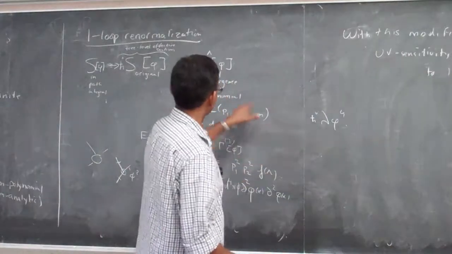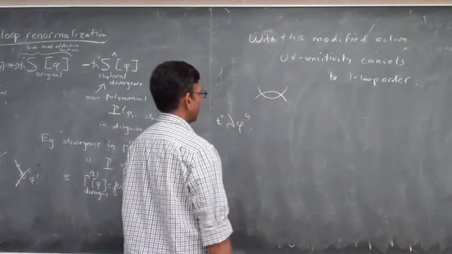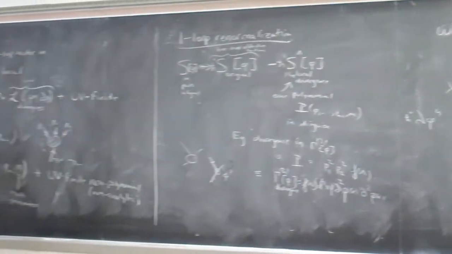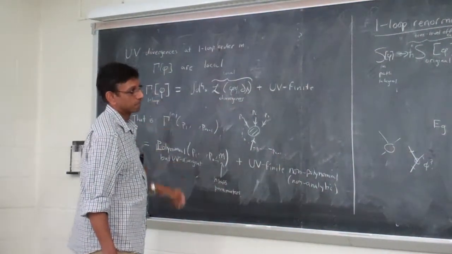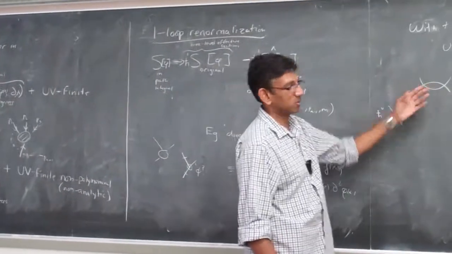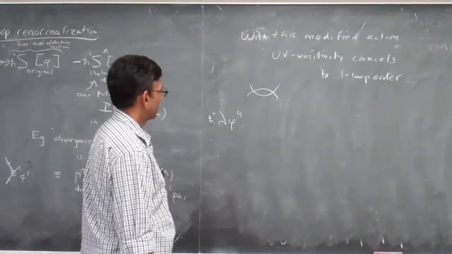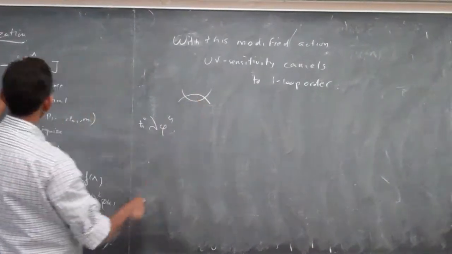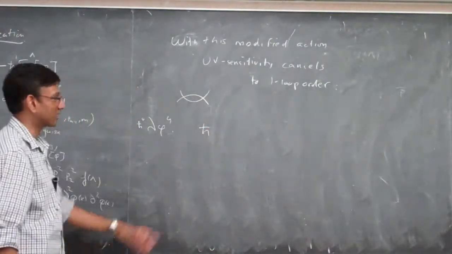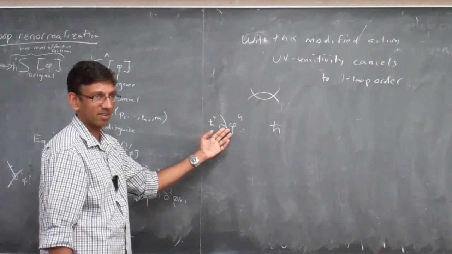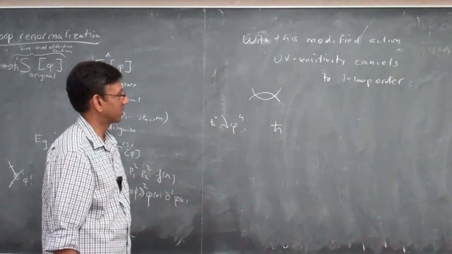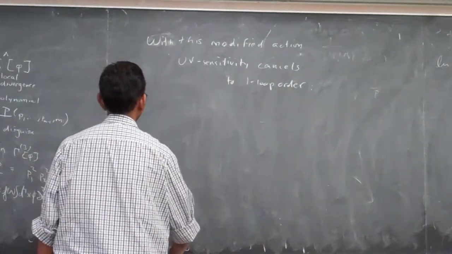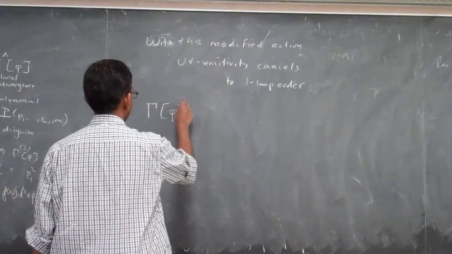Okay. But then if you do something like this, and you discover something that is sitting in your one loop effective action, in the one loop approximation to the effective action, it might have some divergences. But because there's an extra h bar there, any divergence you find here will look local, but it'll have an extra power of h bar relative to its cousins from the tree level effective action. Okay. So the general way I want to write it is this, that gamma of phi is equal to